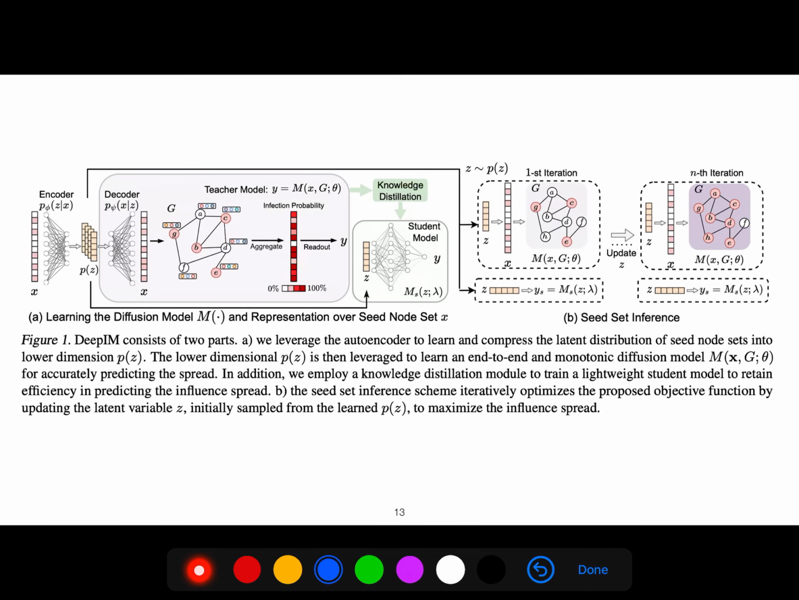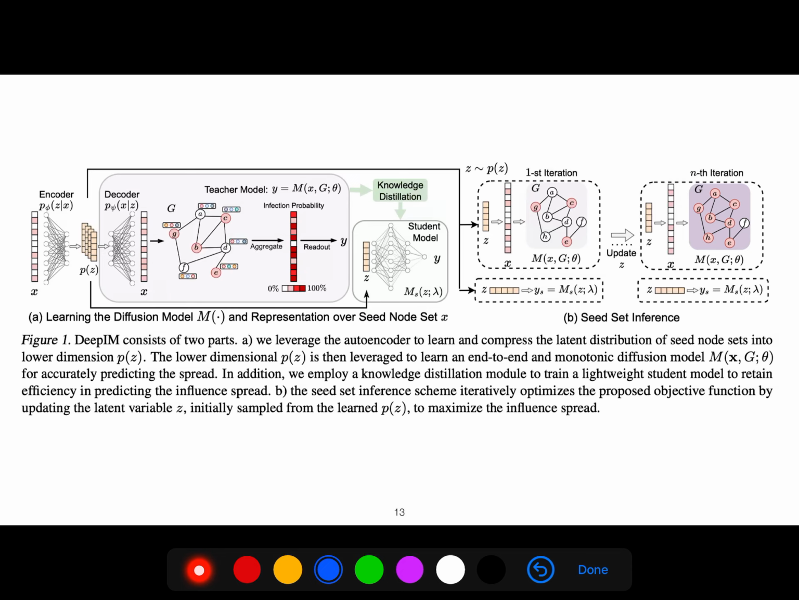This Deep IM consists of two parts. We leveraged an autoencoder to learn and compress the latent distribution of seed node sets into lower dimension. The lower dimensional P of z is then leveraged to learn an end-to-end and monotonic diffusion model for accurately predicting the spread. In addition, we employ a knowledge distillation module to train a lightweight student model to retain efficiency in